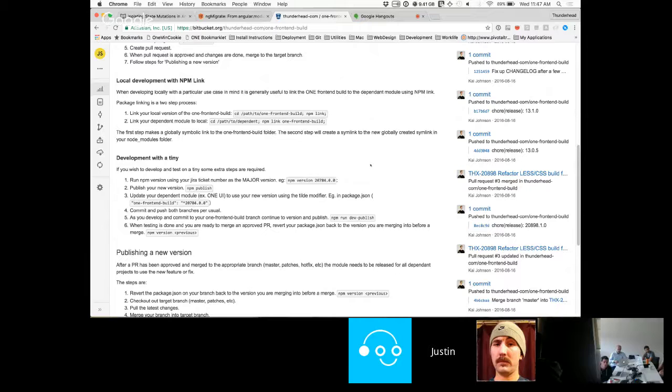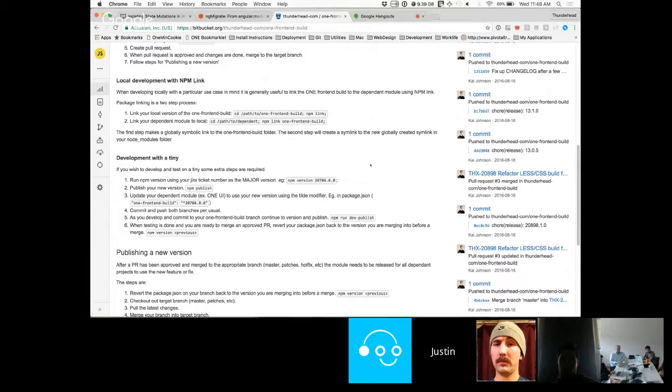So you would branch out, make this change with npm version, and publish it. Now there will be a version up in our Nexus repo for 20784. Then your dependent, say it's THX, you would say, I want to use my 20784 version. And then go through your normal dev process, commit as usual. The thing is you're going to want to run npm run dev publish. So if you're making changes, right, you're doing npm run commit, making a change.